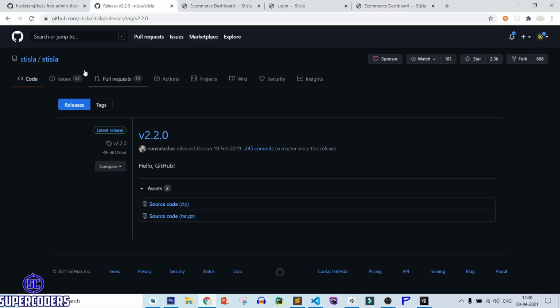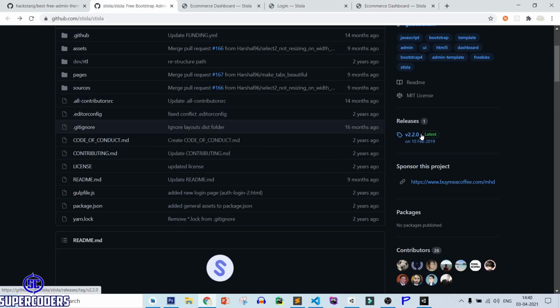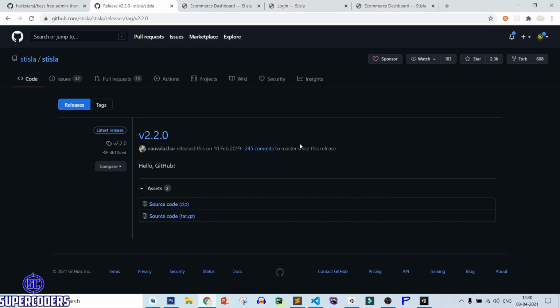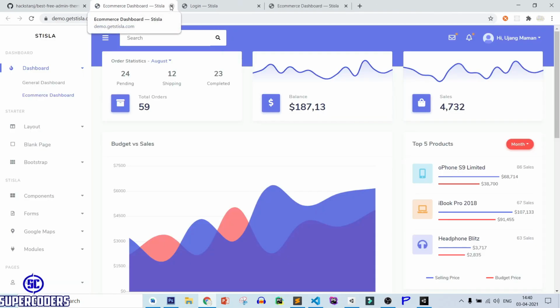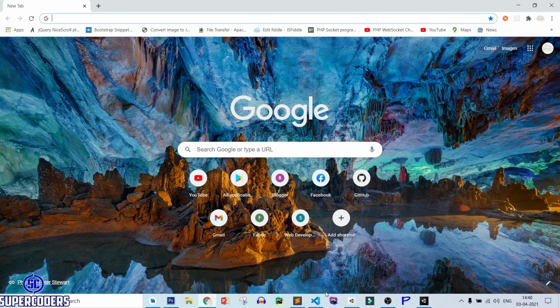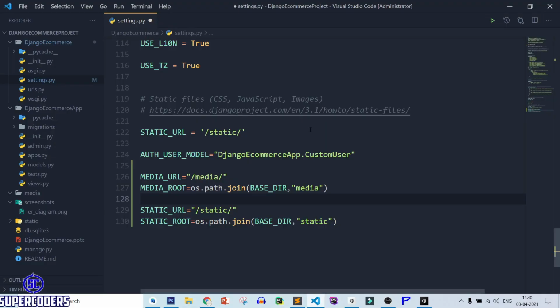So you need to download this from here, release. If you download this, you can use it in Django because this page is made with Django, and in the release version they share the code of HTML, CSS and JavaScript. So after downloading, let's close this page. Also close this page, and also close this page. Now after that, close this page also, and back to our VS Code. Now after that we need to paste our static files.